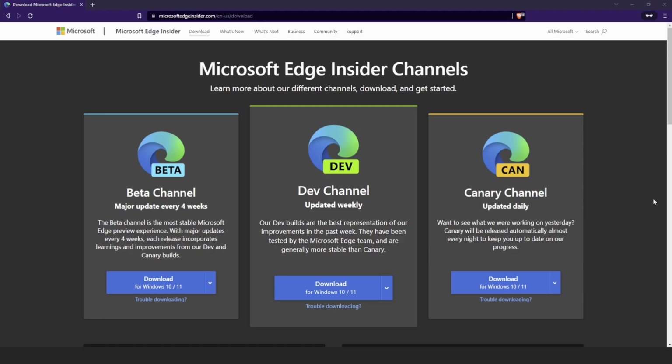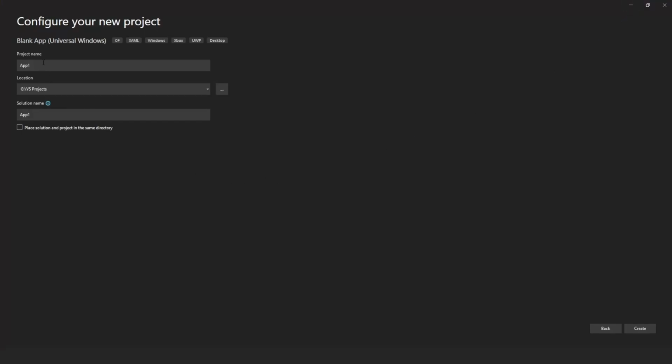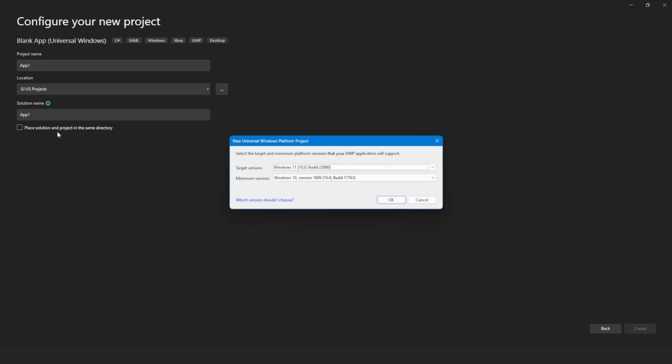Firstly, we're going to have to install this version, Canary Channel, for the Edge browser. Just click that, install it. Pretty straightforward. Once you've done that, let's just open up our Visual Studio, create a blank Universal Windows project, and